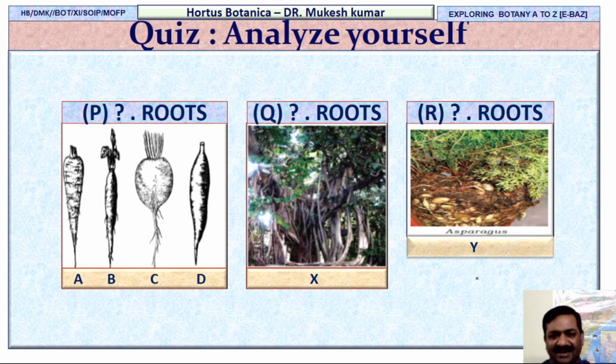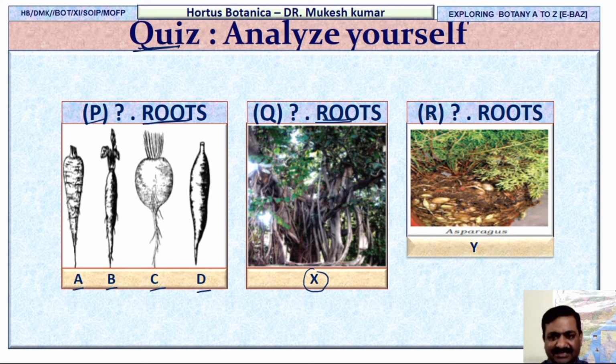Now just analyze this very important quiz yourself. Can you guess what P states? Which type of root is it? Now it's your turn. Just write your answer in the comment section. I will wait for your good answers, right? Now for Q, you have to identify which type of root it is, and you will also tell the example of the root. So for P, you have to state the nature of the root, type of root, and its name. A, B, C, D. What is the name of such types of root?